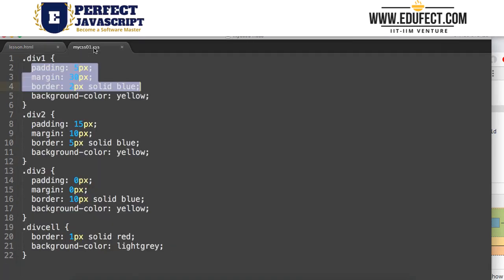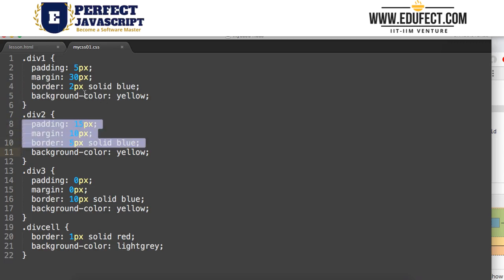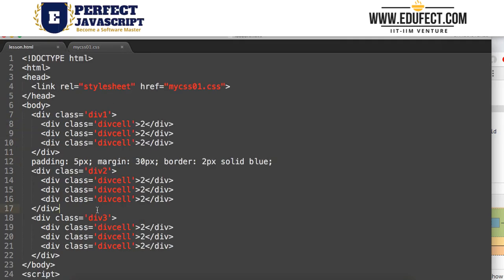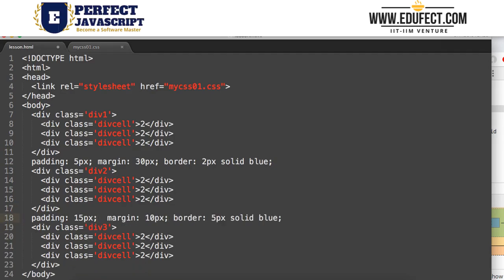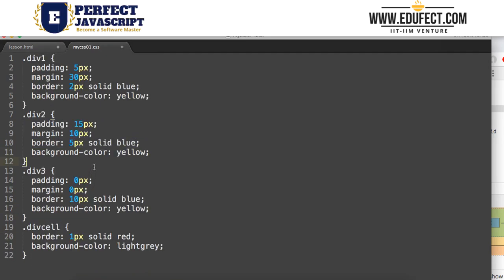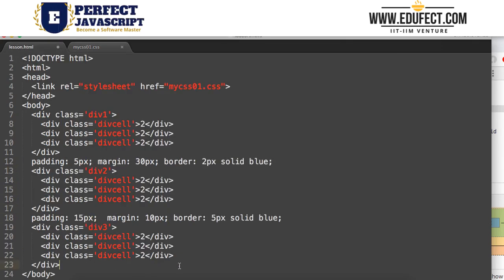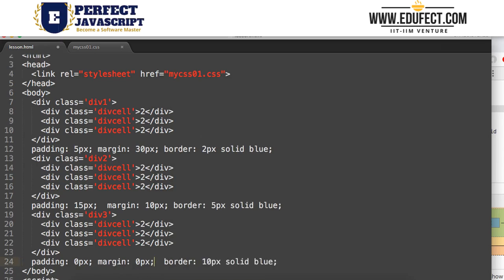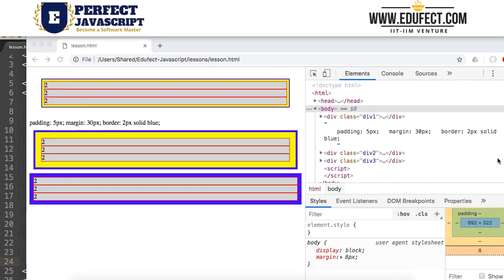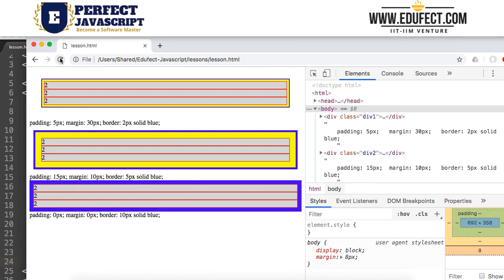Let's write it for the one below it. And the third one also, so that when we look at the screen, it's easier for us to make it out. Let's now run our code and then understand it.